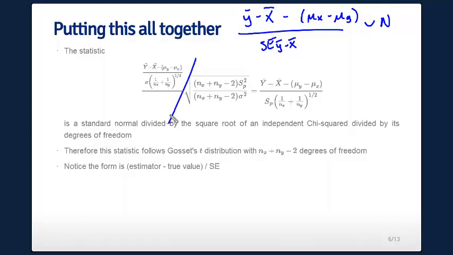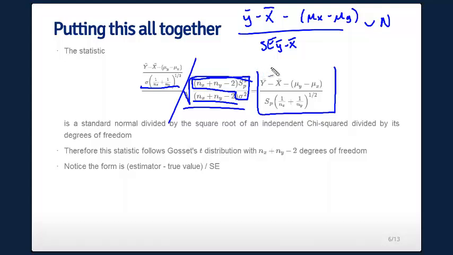But then if we divide this whole thing, I'm missing my divided-by sign there, if we divide this whole thing by this guy, which we just said is chi-squared divided by its degrees of freedom, so the square root of a chi-squared divided by its degrees of freedom, we've taken a standard normal, right, and divided it by the square root of a chi-squared divided by its degrees of freedom,